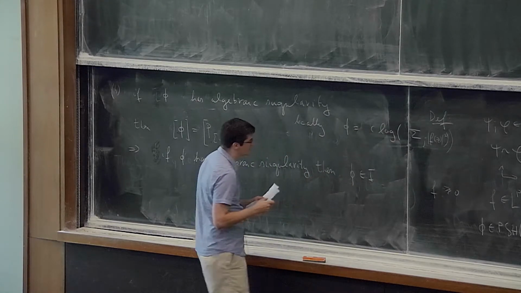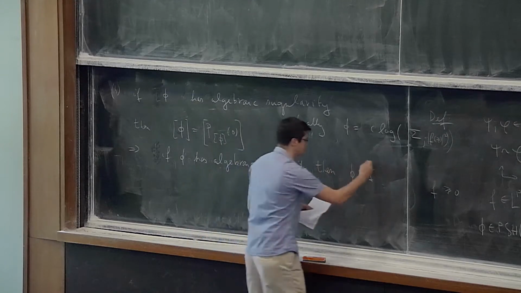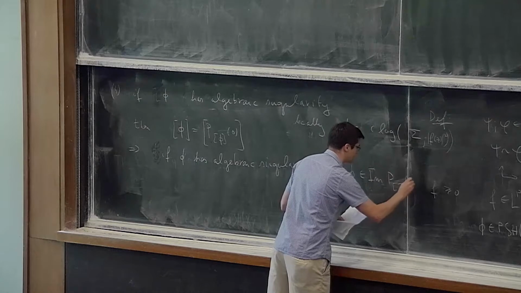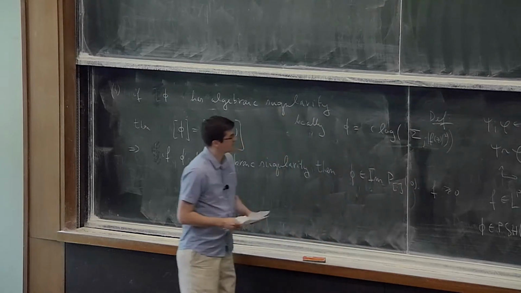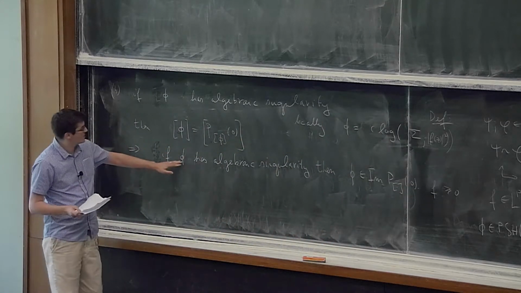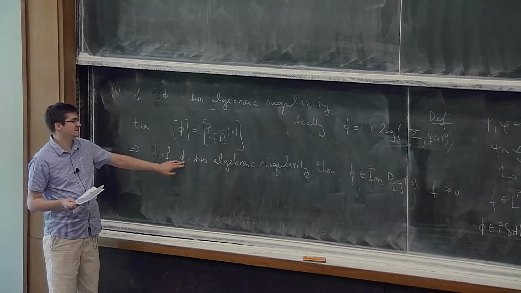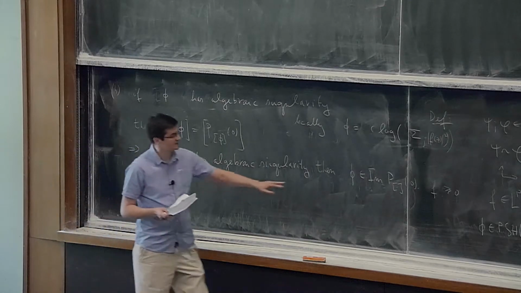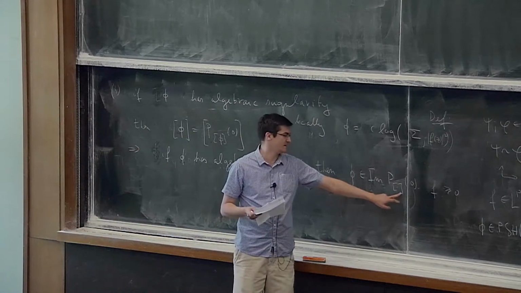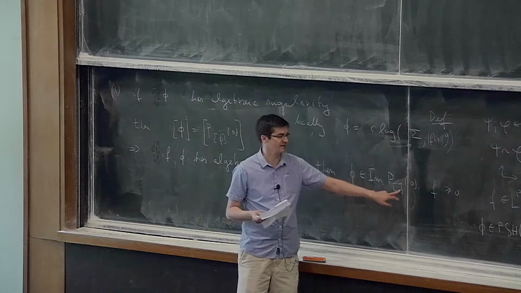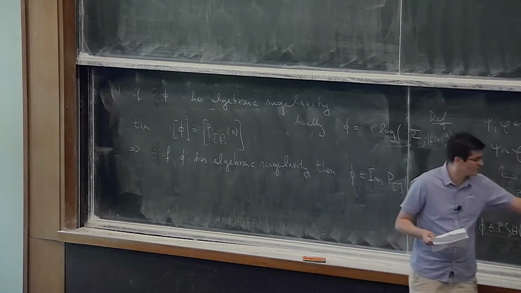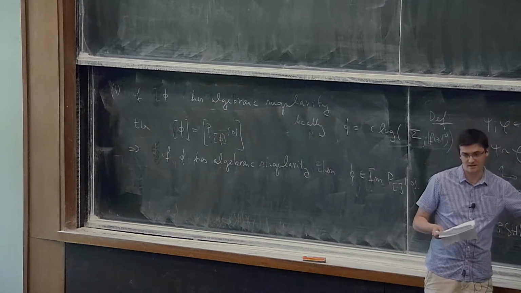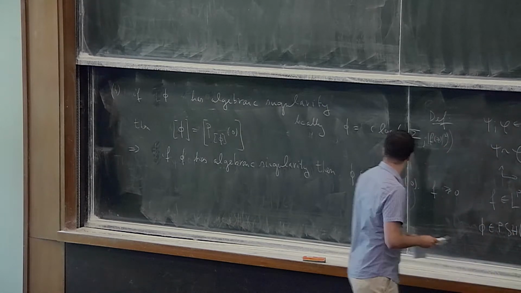There, this is probably imprecise. Oh, so I'm going to write it in. So what I mean here is that if phi has algebraic singularity, then you can find a potential in the same singularity class that lies in the image of this P with respect to singularity type. In particular, you can solve this. Maybe this is what I should have written. You can solve this equation with arbitrary algebraic singularity type.